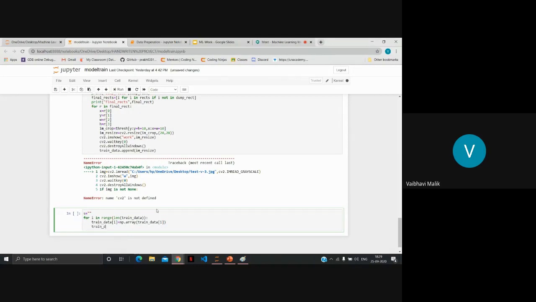Similarly, we have to do it here also. Training data at ith will be reshaped as we have to pass it into the predict function. Here the last one is the number of channels. We are using one.